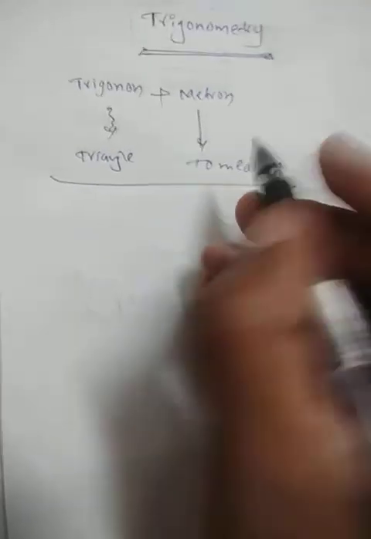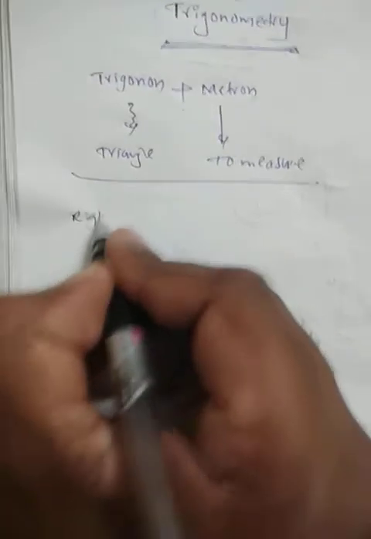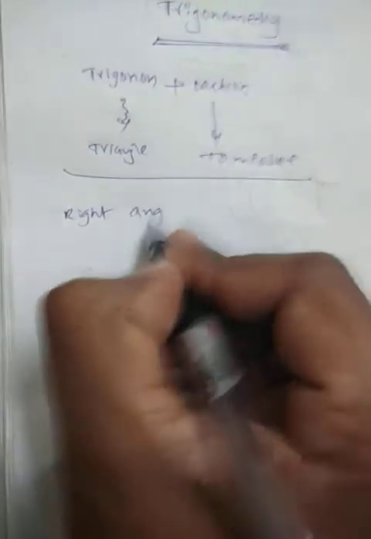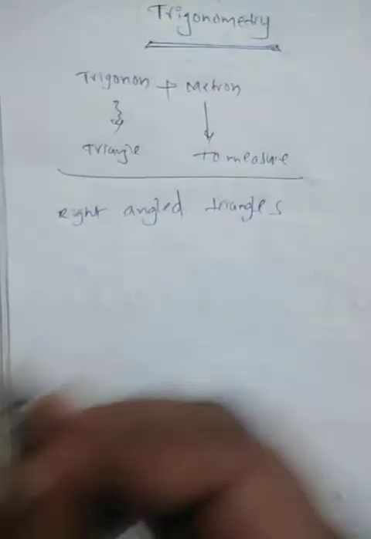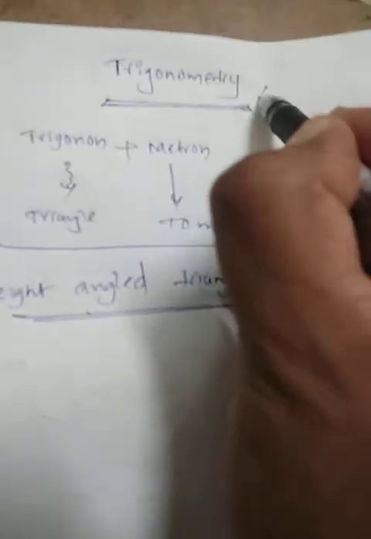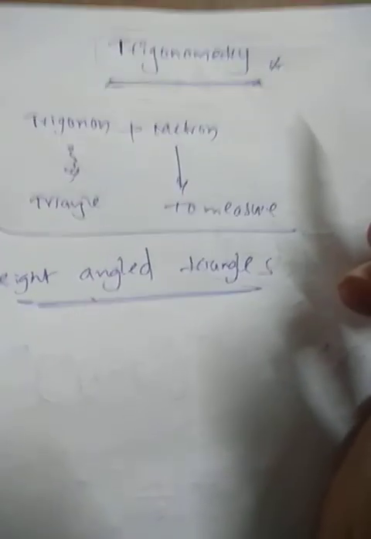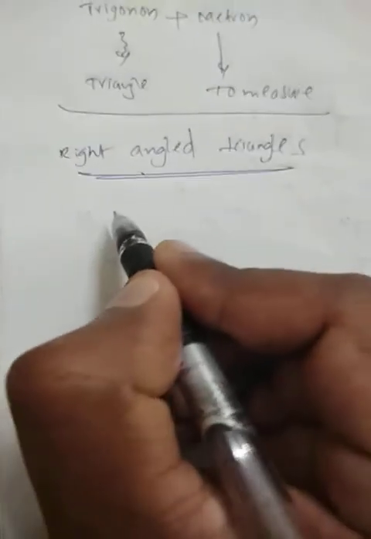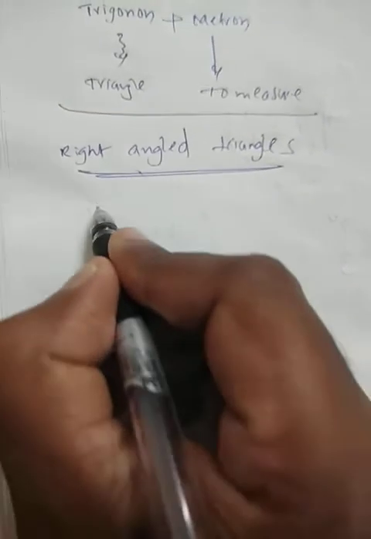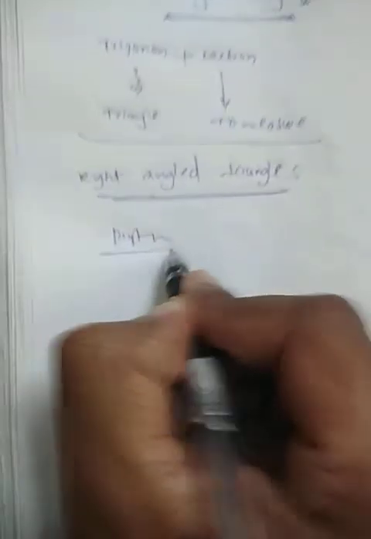Trigonometry is going to deal with right angle triangles only, I am telling. Then to study the right angle triangle, why are we going for trigonometry? This question I have already raised once and given the explanation for it also. Let me recap once. In case of a right angle triangle, to study it we have the Pythagoras theorem. So in Pythagoras theorem what are we going to write?